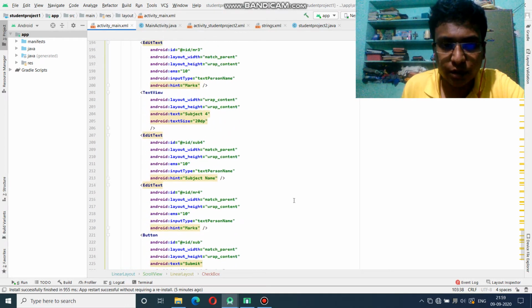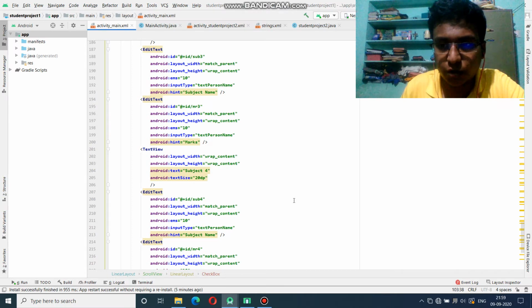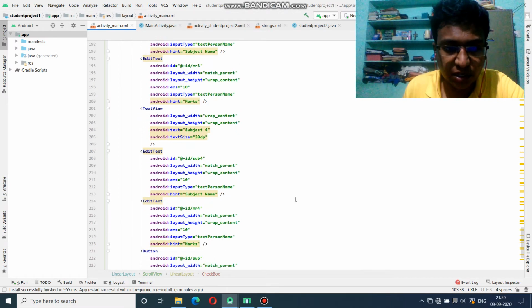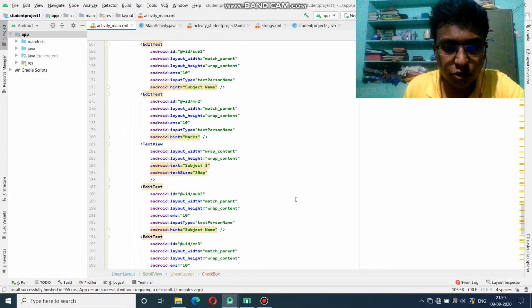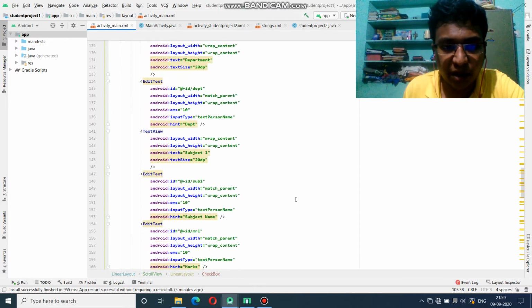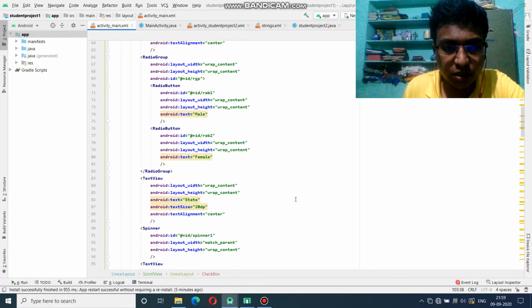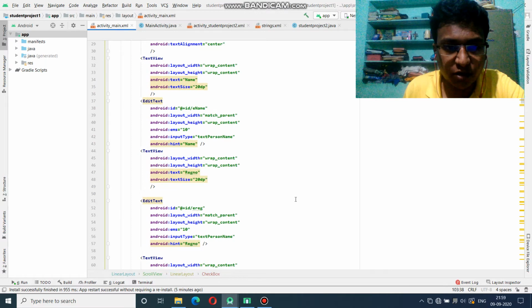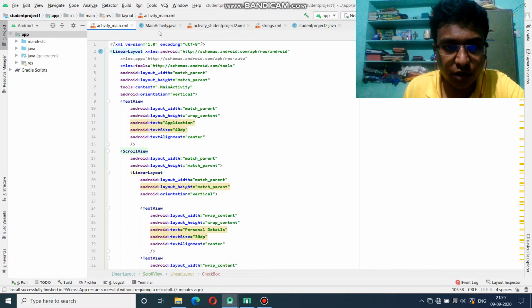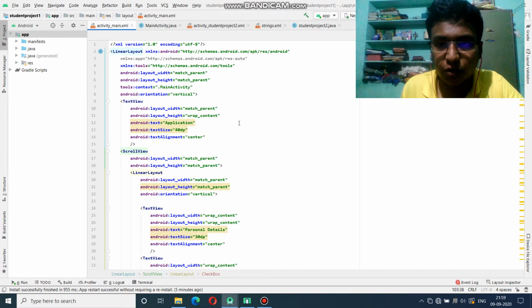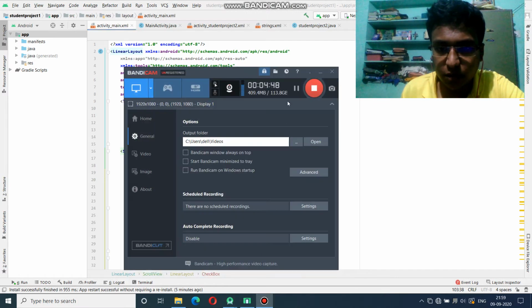A ScrollView is used to scroll the things which are present in the application, and LinearLayout is used to show each and everything in a linear pattern. So we are assigning an ID for each and everything, and we are going to get the values for it. The main objective is we are going to get the student details in one page, and display the details of the student which we have selected in another page. So this is the main objective of the program.